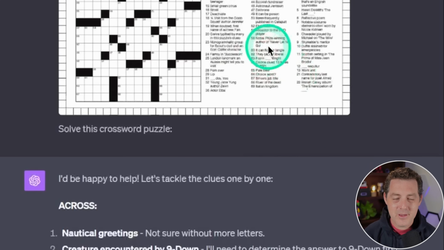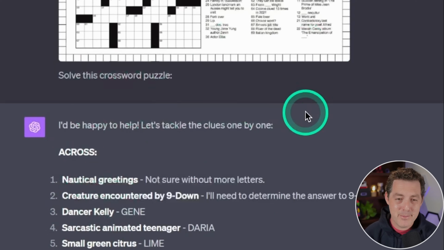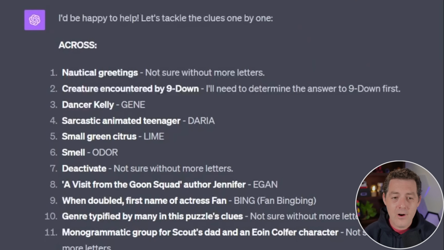Let's dig in. So here we have a crossword puzzle, another fantastic example. So solve this crossword puzzle, and it really does. Look at that. He said he didn't check the crossword puzzle, and neither am I, but it looks like it could be right. And all this from just a picture of the grid and all the clues, and it was able to get all of them.